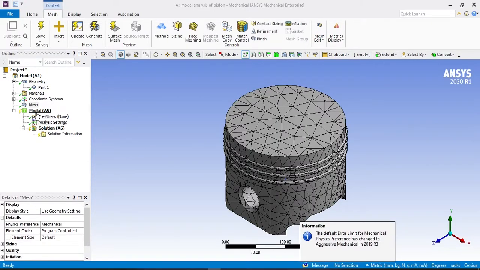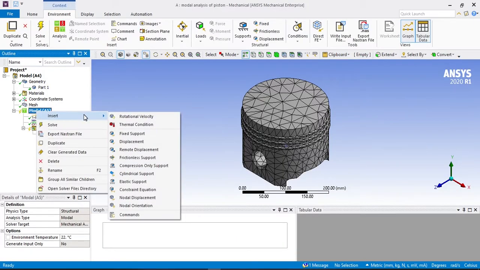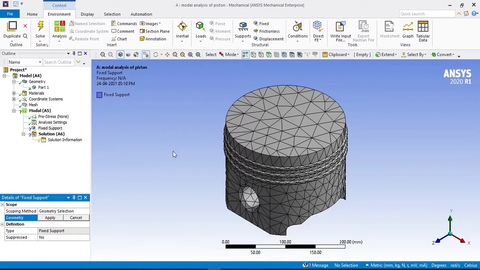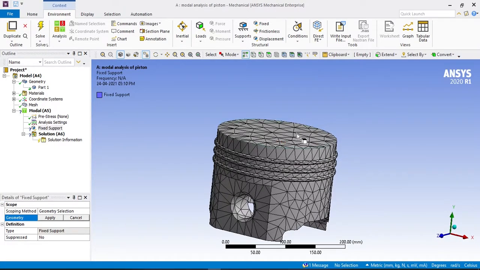So mesh is generated. Click on model, insert, fixed support. So we know the piston is fixed from two faces. So click on face.